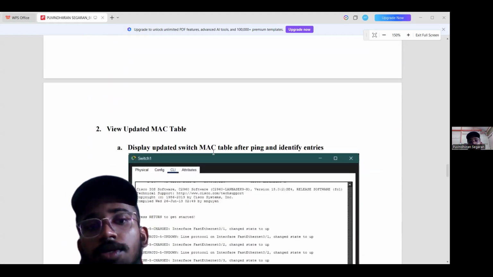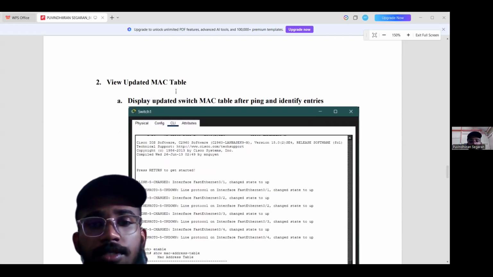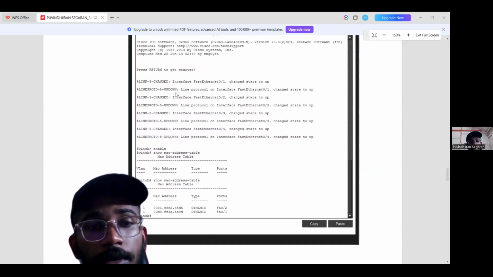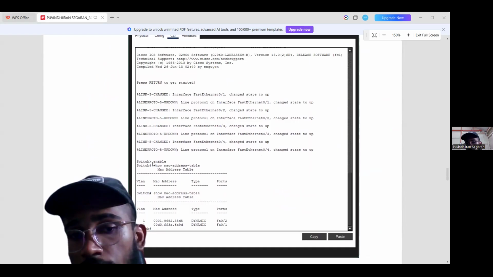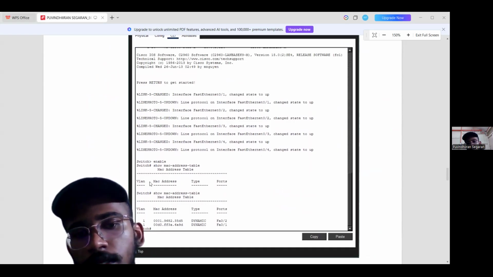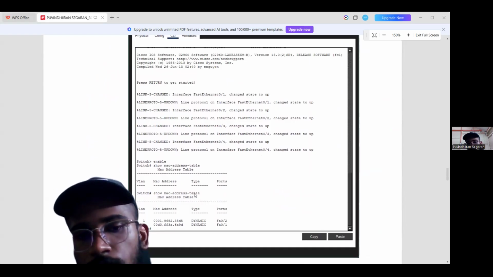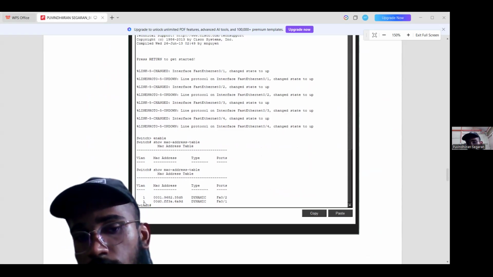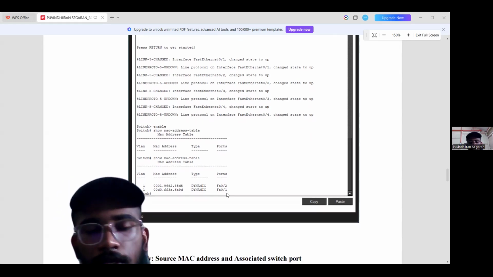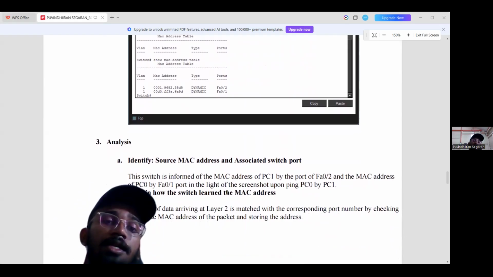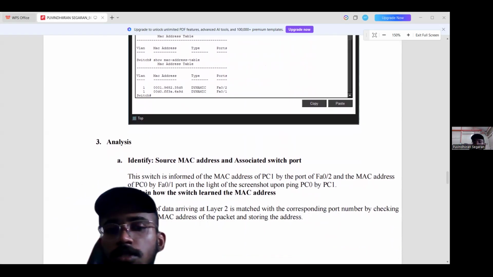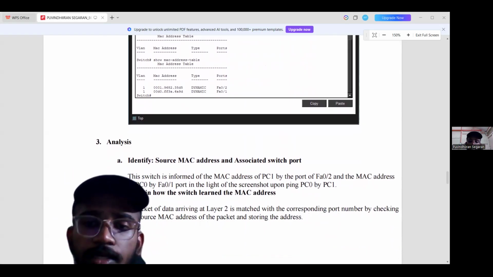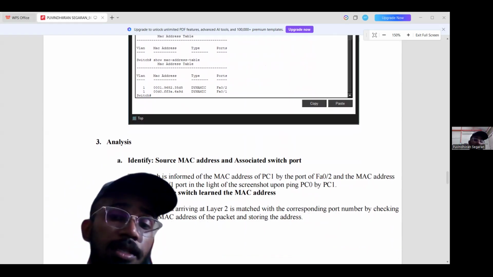Next, we're going to see the update of the MAC table. Earlier we saw there was nothing. The second time, we can see that there are two devices, on VLAN 1 and VLAN 2. So we can see the MAC address, the type, and the port to which they are connected. On the analysis, the switch is informed of the MAC address of PC1 by the port of